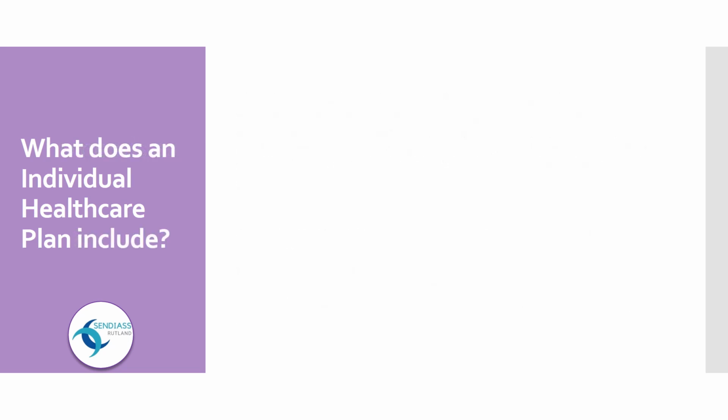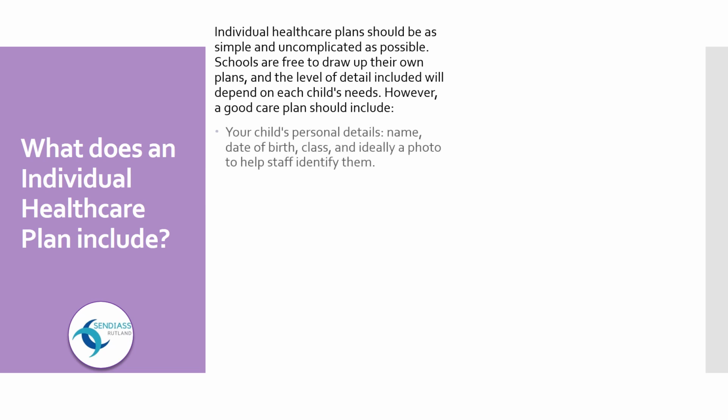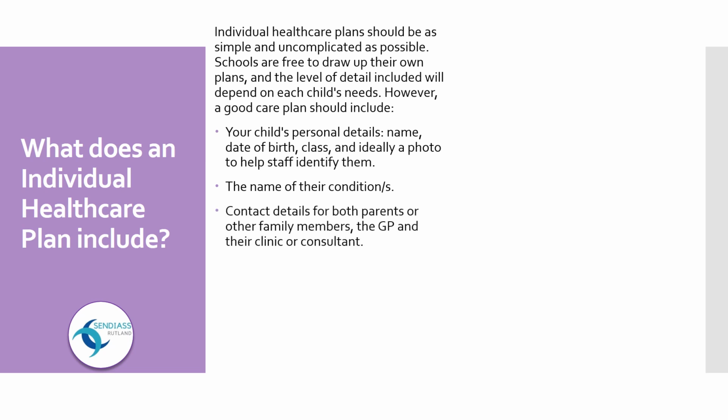What does an individual healthcare plan include? An IHCP should be as simple and uncomplicated as possible. Schools are free to draw up their own plans, and the level of detail included will depend on each child's needs. However, a good care plan should include your child's personal details such as name, date of birth, class, and ideally a photo to help staff identify them, the name of their condition or conditions, contact details for both parents or other family members, the GP and their clinical consultant, a description of their condition and the symptoms that affect them,